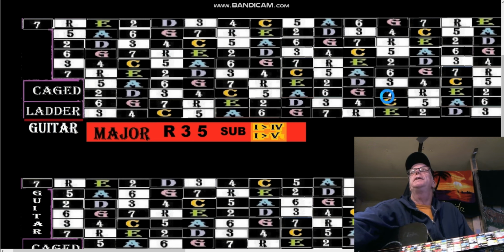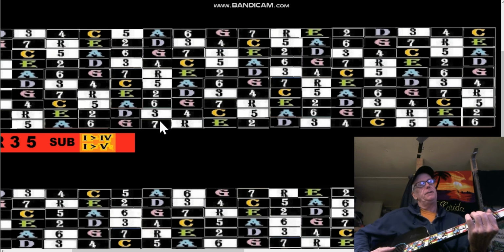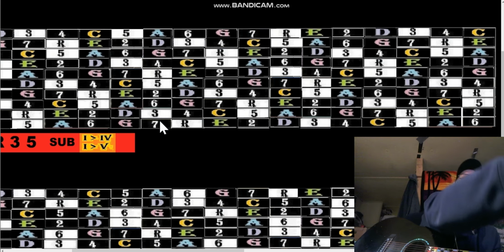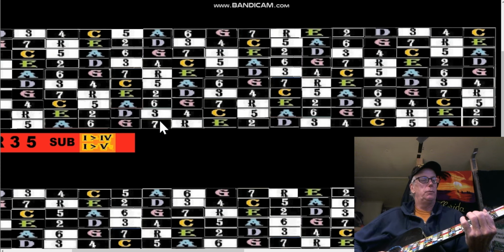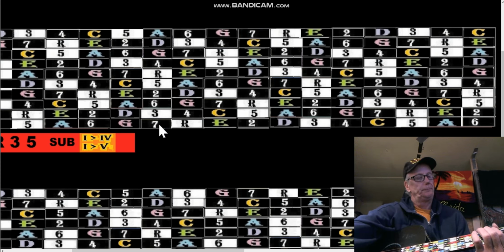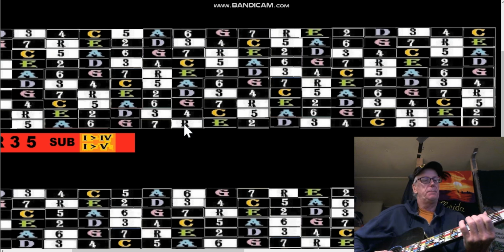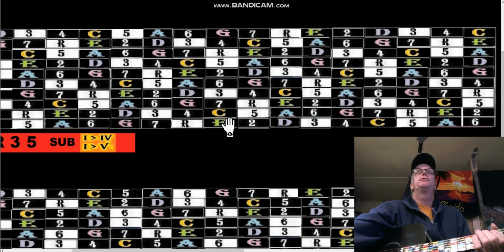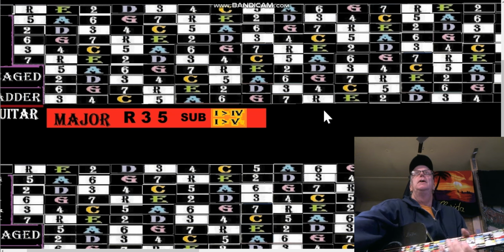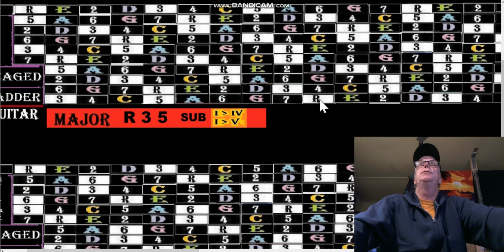So we would go to the E box over here and look at it, starting from the E note here. We're going to actually start on the F note here, because E would be the 7 at that point. We go root 3 5. Now we can use the same string shapes. E was root, so let's see if we can get them both on here. I'm going to show you right here. The E string shape for the major pattern was root, and here when we went up the ladder, the E string shape